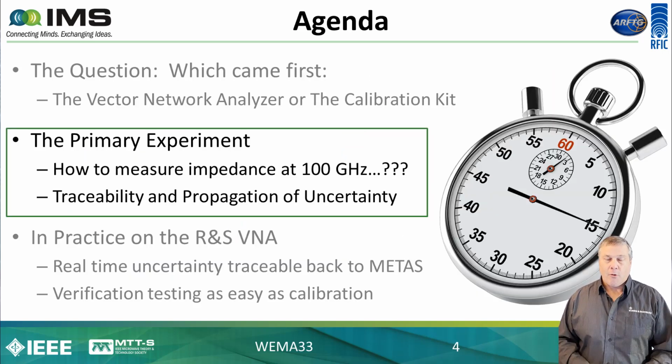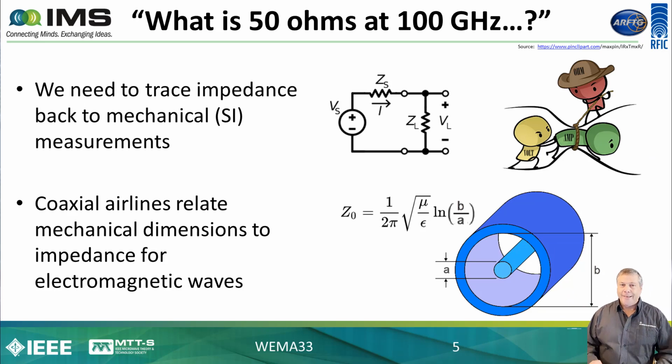So who does the primary experiment and how do they create the very first characterized calibration kit, for example, for any particular connector series? We all really need to answer the question, how do we determine what is the impedance of something at a particular frequency? And how do we trace that impedance back to a real world physical thing that we can measure? So that has to happen somewhere, and the question becomes, who's in the best position to do that type of traceability, or that calculation of what is impedance and relate it back to a physical parameter? And how do they accomplish this?